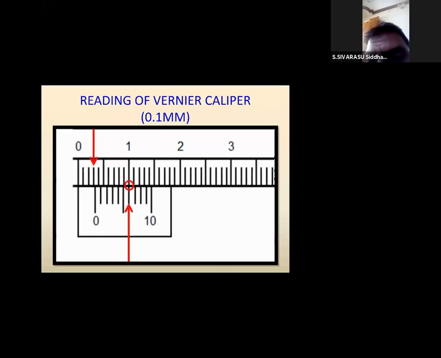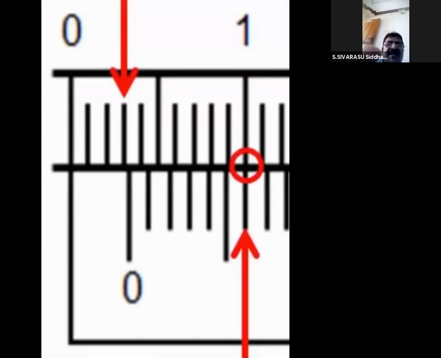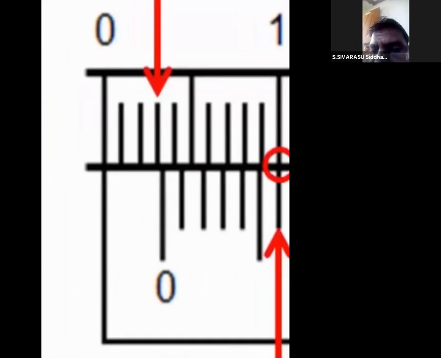Now, using the same type of vernier caliper, what is the reading? There is a reading of a vernier caliper with 0.1 mm accuracy. What is the reading? You can look at this. Already I told you where the vernier scale 0 lies in between the lines. For example, after the third main scale division, there is the vernier scale 0. Between the third and fourth main scale division, the vernier scale 0 line starts.